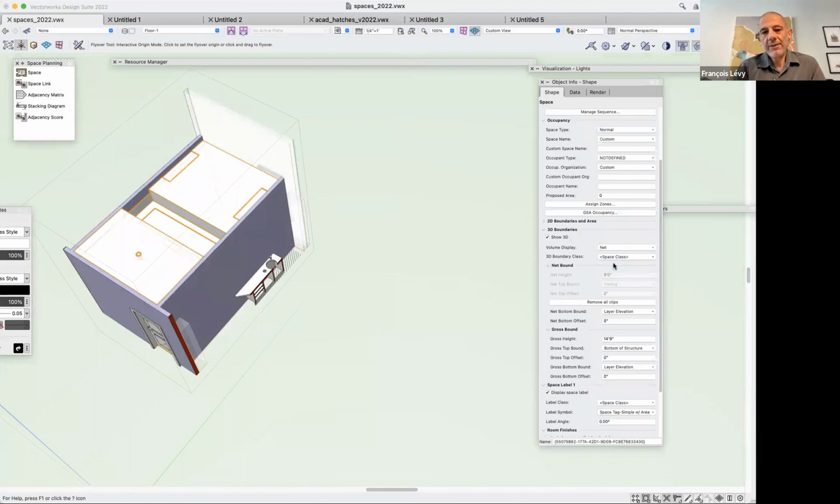So that's kind of useful, because there are some instances where you may want to use your space object in order to calculate the total volume of your building. So this is a nice way of doing it. And why would you want to do that? Well,